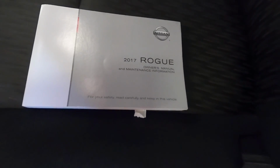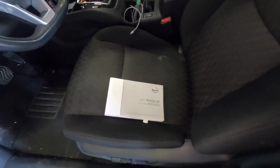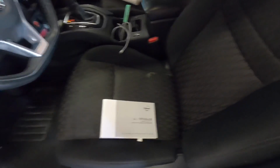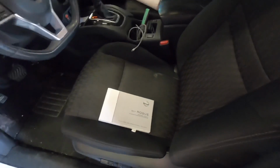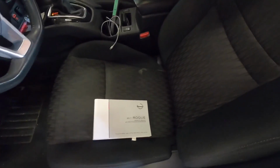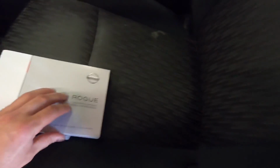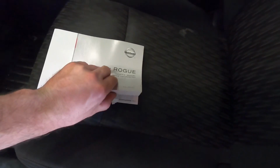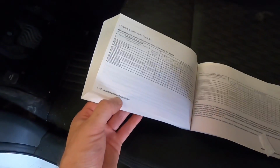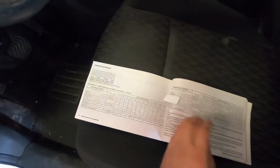Very important. If you ever have time, it's a good idea to just read through this book, because there's a lot of very important information in this booklet. This booklet answers how often you should do a particular maintenance, for example. What we're gonna do is pull this book out, and I've already marked the spot. If you go into section 9, you have the maintenance schedules, and it'll tell you a lot of great